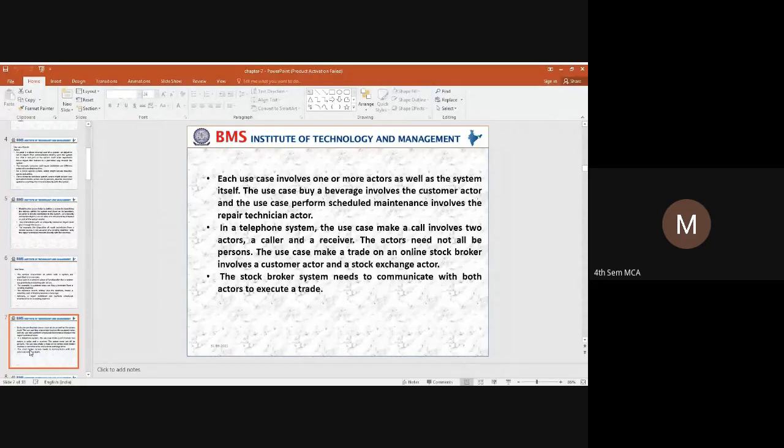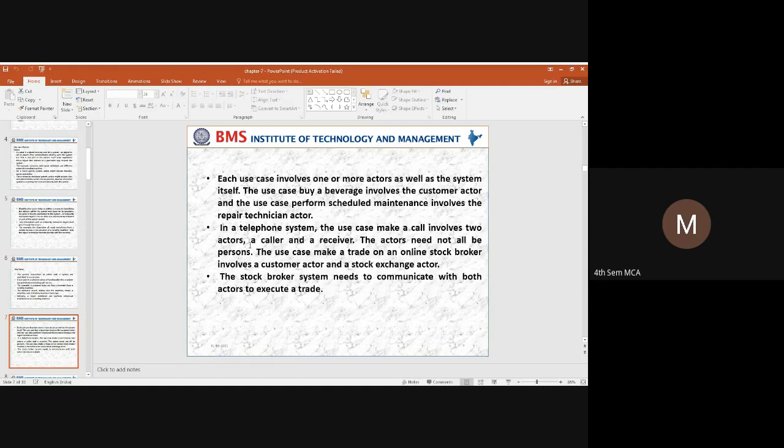Whenever there is a use case, such as buy beverage, the customer is involved with that use case. That means the customer is directly interacting with the use case, and since the actor's involvement is there, we identify how the functionality can be represented, or how the system is going to behave.